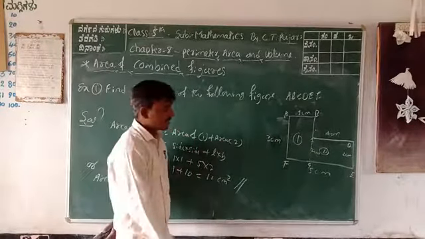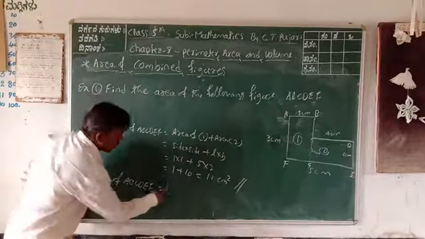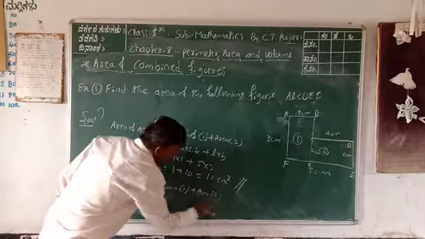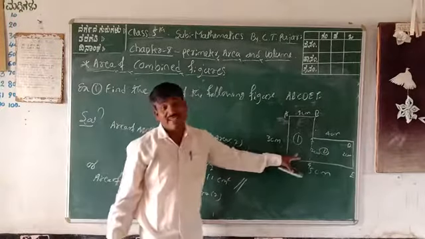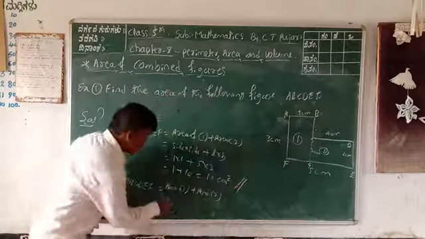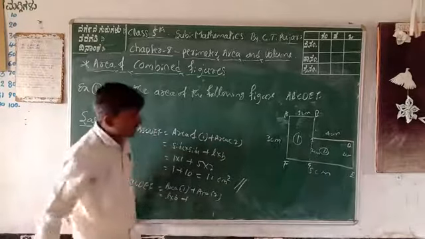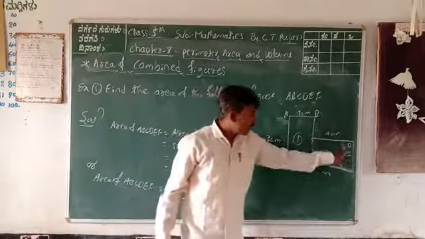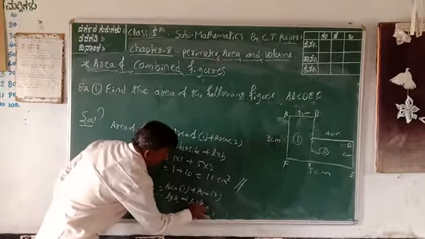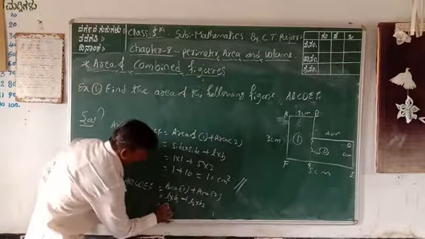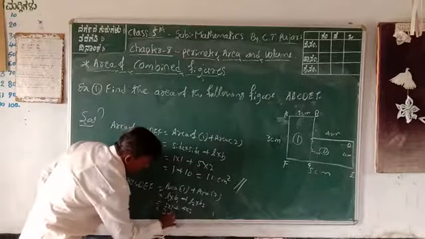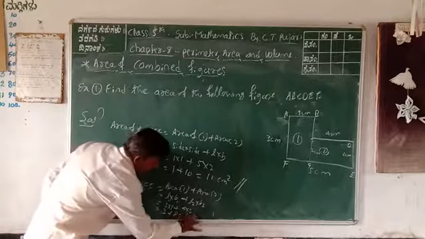Next, that is not necessary. Next, you can find out the area of first one plus area of second. First area is also a rectangle. Rectangle means length into breadth. Length is 3, breadth is 1. Plus second area also length into breadth. Length 4, breadth is 2. Again L1 into B1 plus L2 into B2. Therefore, first one 3 into 1 plus 4 into 2. Therefore, 3 into 1 is 3 plus 4 into 2 is 8, is equal to 11 centimeter square.